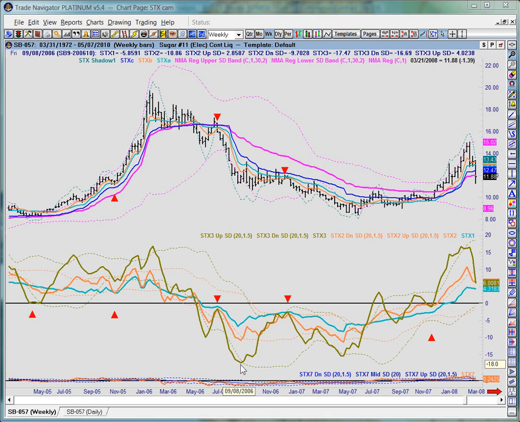Now, before leaving this discussion of the standard deviation bands and going through a lot of examples of this fan formation and standard deviation bands themselves, let's briefly discuss one more event that can take place by virtue of having both standard deviation bands available to us, and that is standard deviation band pinches. At times, the standard deviation bands may begin to contract towards one another, and here is a very good example of it right here. We have the fast oscillator here, shown in the greenish color, its upper and lower standard